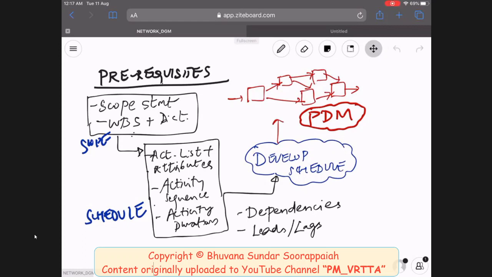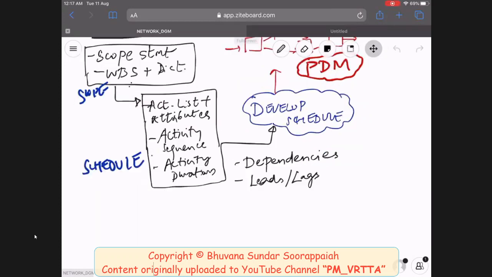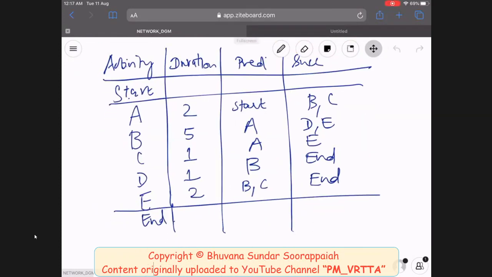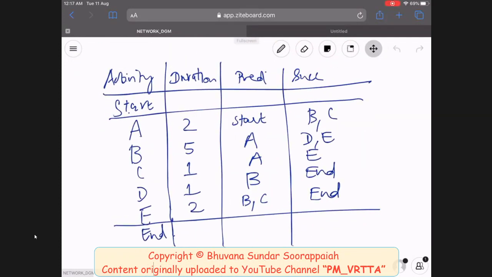So now let's go to the next topic. How do we build the schedule? What you're seeing on the screen, take a moment, pause this video, write it down on your pen and paper that you've just got. So this is the list of activities, the duration of each activity, and the sequence of the activities. We will use this as a case study for the rest of the video. So please take a moment, pause the video, take a screenshot of it, or you write it, even better, write it down exactly what you're seeing on the screen, this table